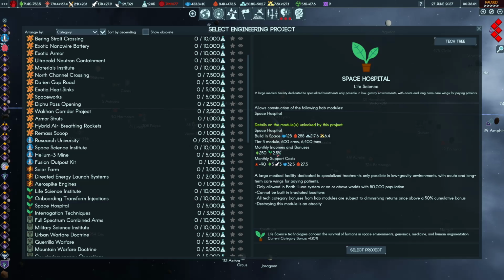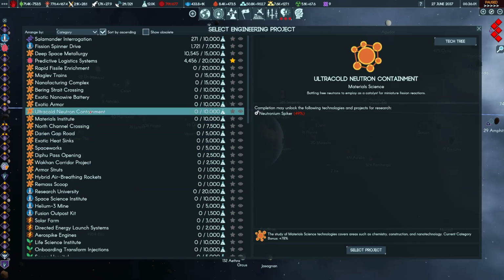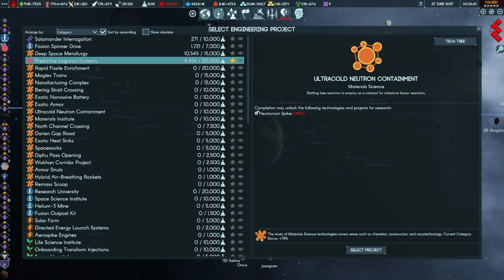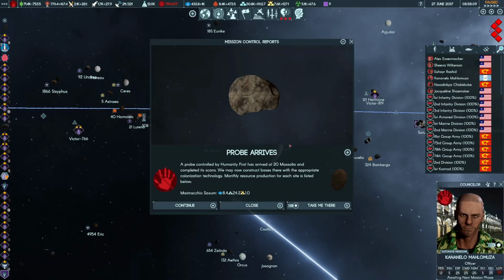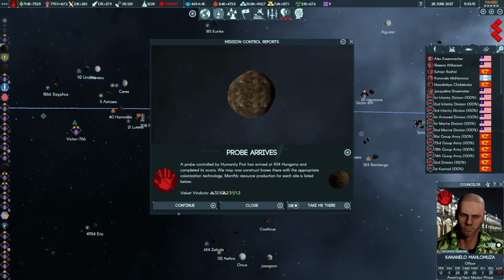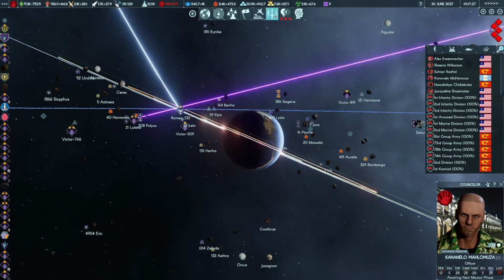Try 2.5 in this category. Interesting. Neutronium containment is also something we need to do at some point. I do think that, however, I'm going to finish up the deep space metallurgy and then predictive logistics here. And let's also push towards the Spartans because I want to get the Marine fleet going for the Jovian campaign. And basically, that's the target of the next episode. So if we check out...